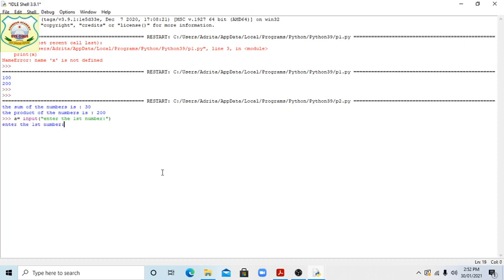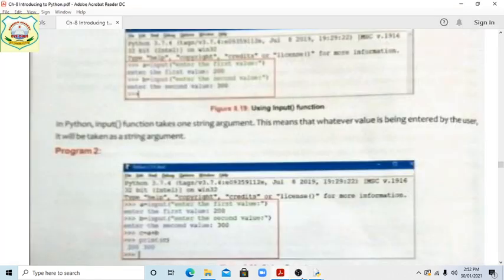See this, they are asking to give your first number. So suppose we have given 100. Clear? And if you want any other, they have given b equal also. So like this we can input here. Clear, students?